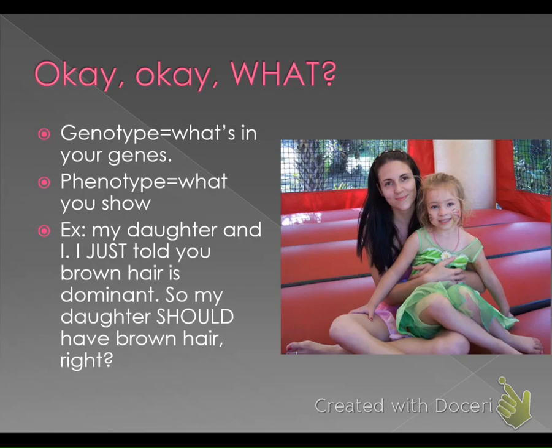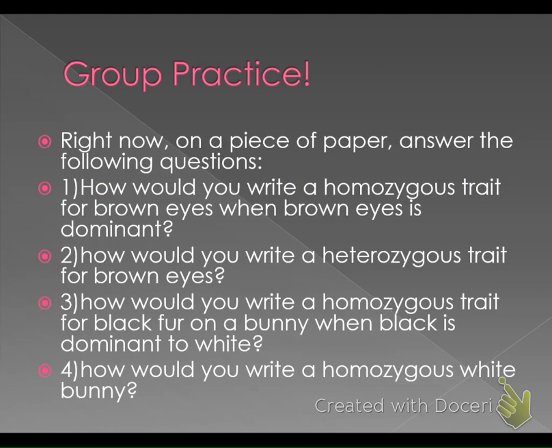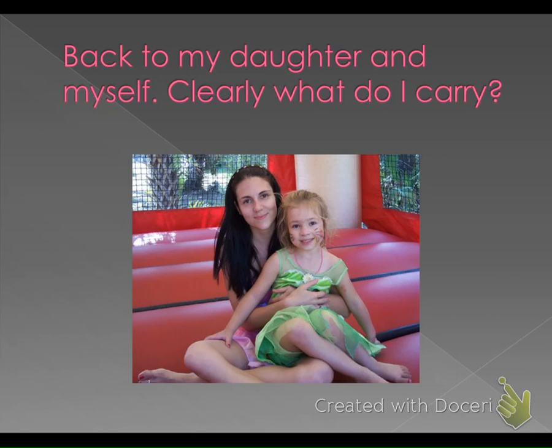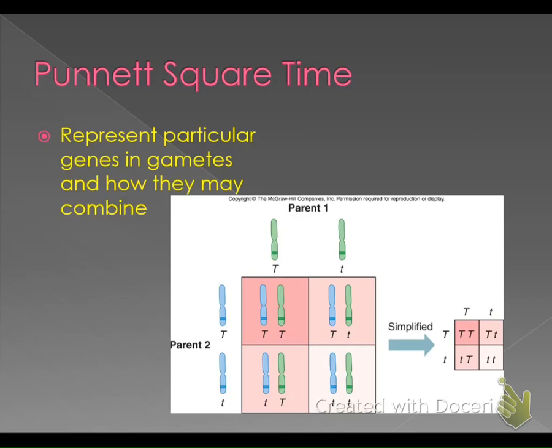The last thing I wanted to cover was how to do a Punnett square. A Punnett square is a way that you represent the alleles that you're going to be working with and the children that are going to potentially result from whatever two parents you want to deal with. So getting back to our bunny,